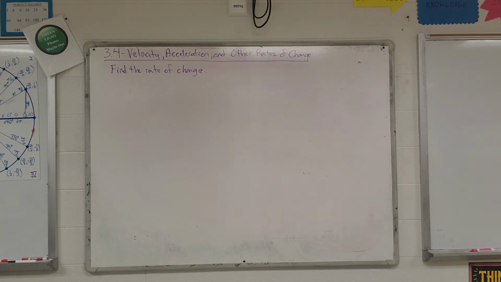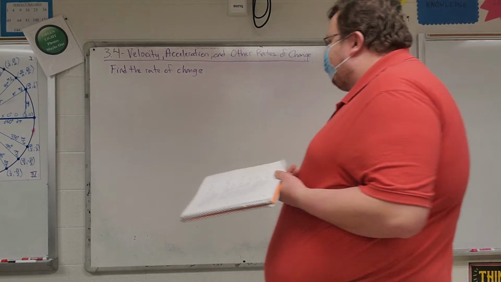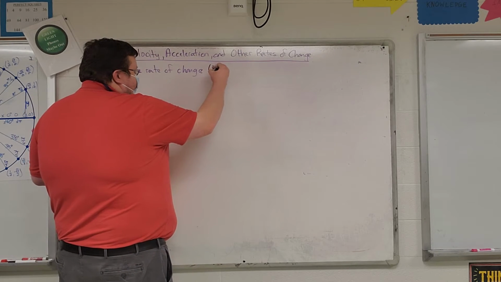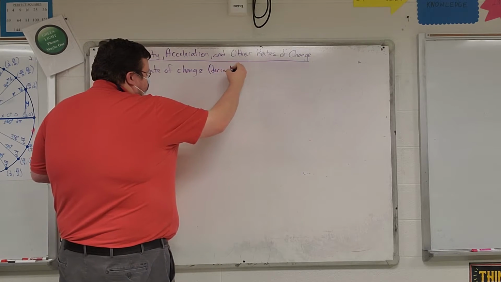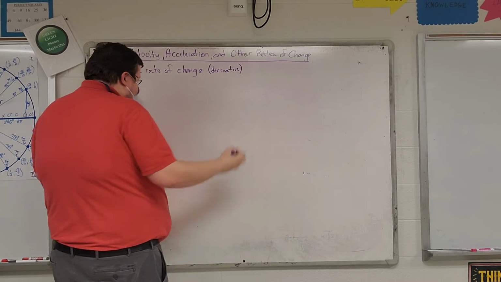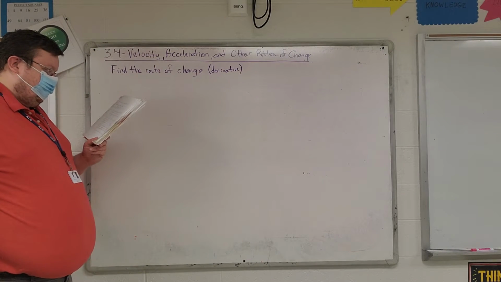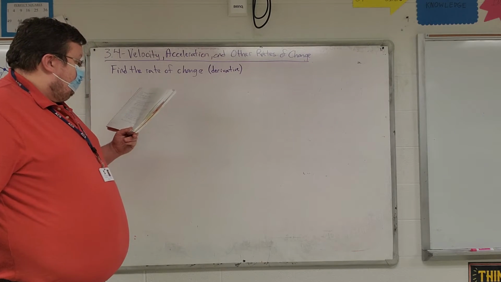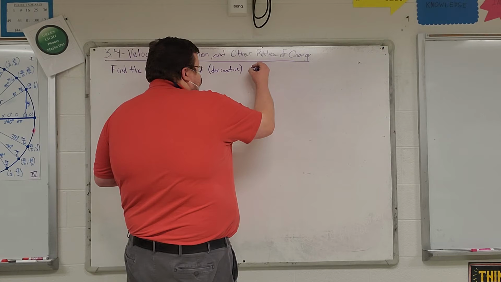The derivative. Okay, so when it says find the rate of change, really what I'm saying is derivative, okay? We might even put derivative there. You'll never see it written like that. In the problem, you'll just be asked to find the rate of change, and it's just understood that I mean find the derivative of the area,